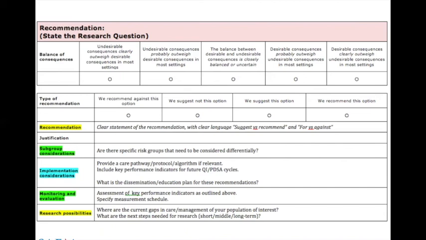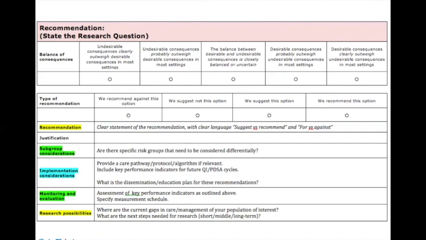Monitoring evaluation criteria, we've talked about defining key performance indicators, and then perhaps even giving them tools to implement for performance measurement and a measurement schedule for PDSA cycles if you're doing quality improvement. And like every article, you're going to finish off with where are the gaps in the research, where are the gaps in those domains that you covered above in this talk, and using the tool in that dozen,